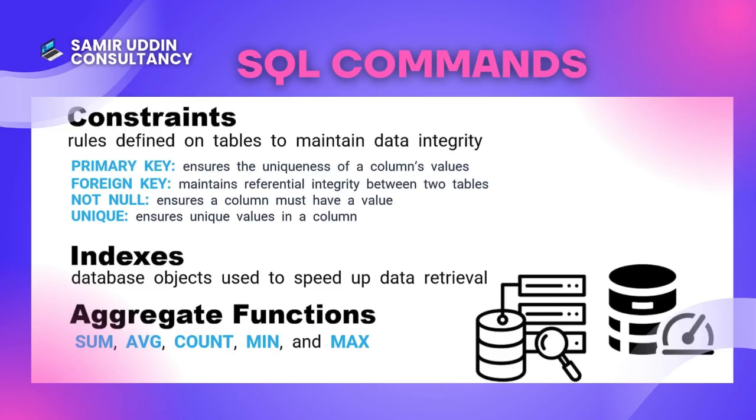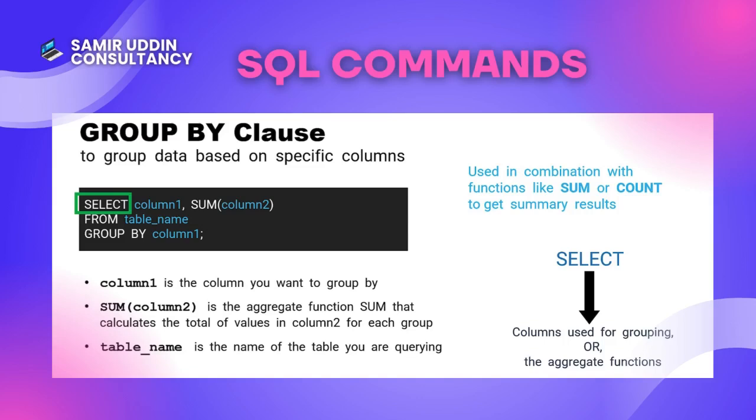Indexes and performance. Indexes are database objects that boost data retrieval speed, especially for large tables. Think of them as a book's index, helping the database locate information faster. Meanwhile, aggregate functions like sum, avg, count, min, and max perform calculations on datasets. Pair these with the GROUP BY clause to summarize data, like totaling sales by region. The syntax is: